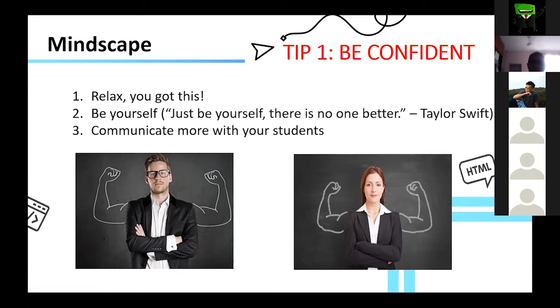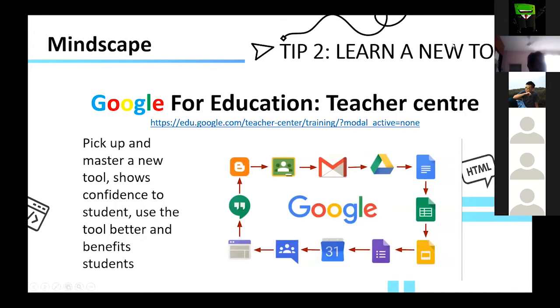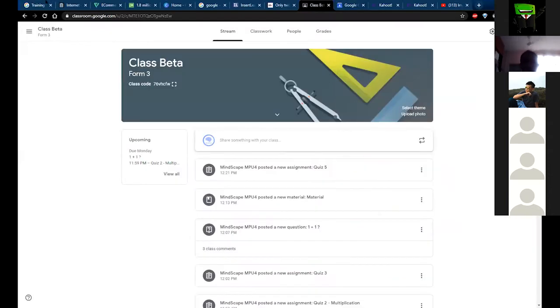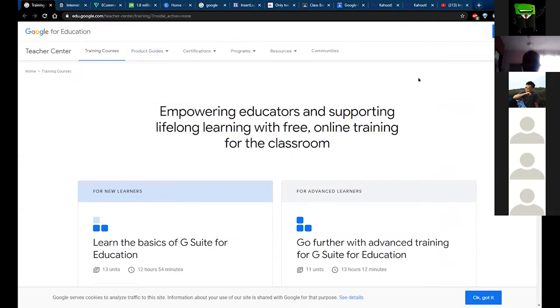I'll be going through my second tip now, which is to learn a new tool. With online learning, it's good to pick up a few new tools. Here's one that I would suggest. Here's the link that I provided in the slide, so you can see.